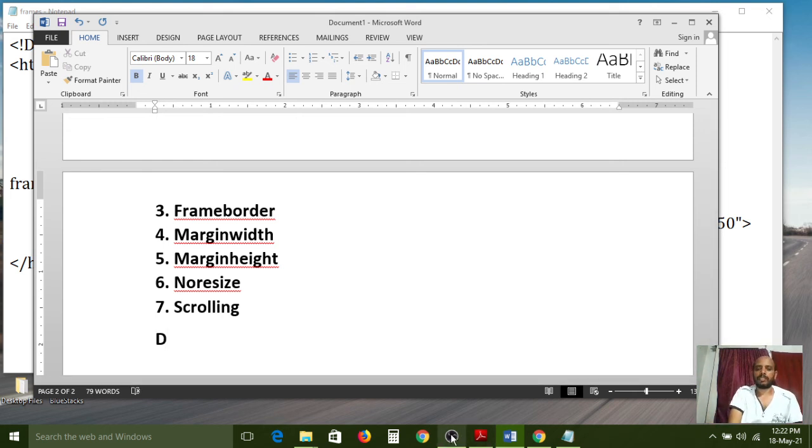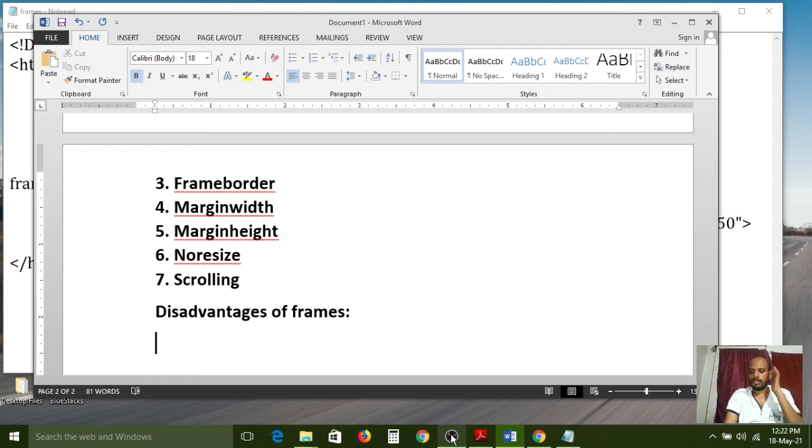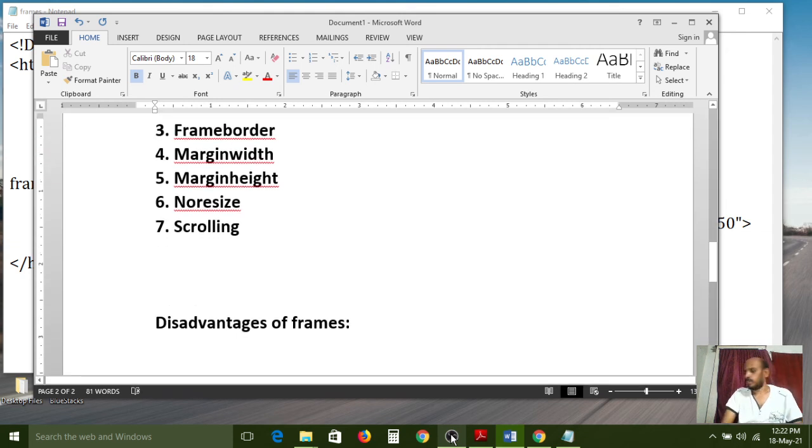Disadvantages of frames. What are the disadvantages we have by using frames?